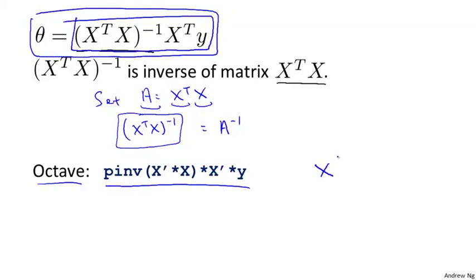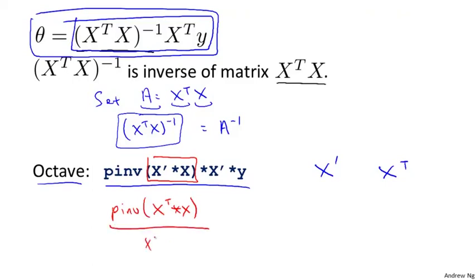In Octave, X prime is the notation that you use to denote X transpose, and so this expression that's boxed in red, that's computing X transpose times X. pinv is a function for computing the inverse of a matrix, so this computes X transpose X inverse, and then you multiply that by X transpose, and you multiply that by Y, so you end up computing that formula,